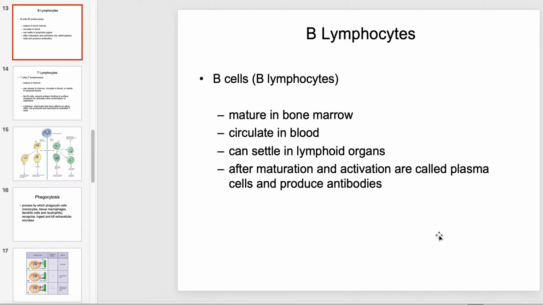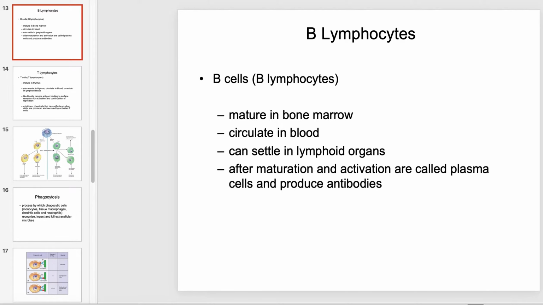Specific immune response. In order to look at the specific immune response, I'm going to break it into individual parts and then bring those all together so you can see how it all works together. The first component are the B lymphocytes, or B cells. These mature in the bone marrow, circulate in the blood, and then settle in lymphoid organs. After they mature, they differentiate into different cell types called plasma or antibody-producing cells and memory cells, as I'll show